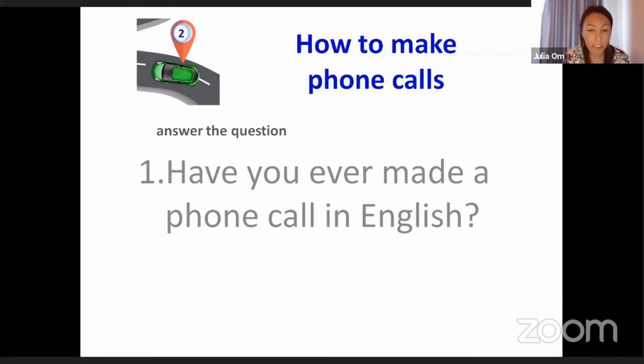I got my first experience in making international phone calls and talking on the phone with foreigners while working in my first workplace as an assistant manager. It was right after I graduated from the university,